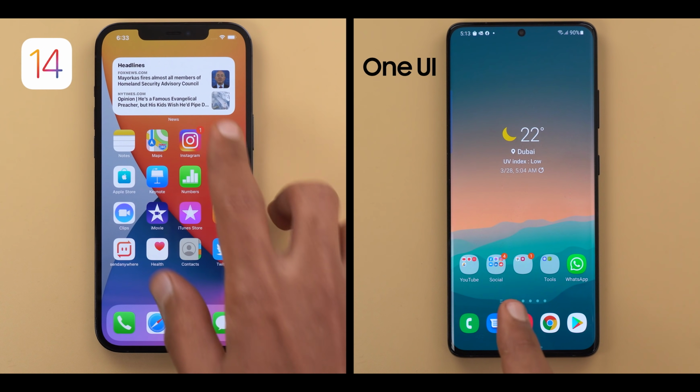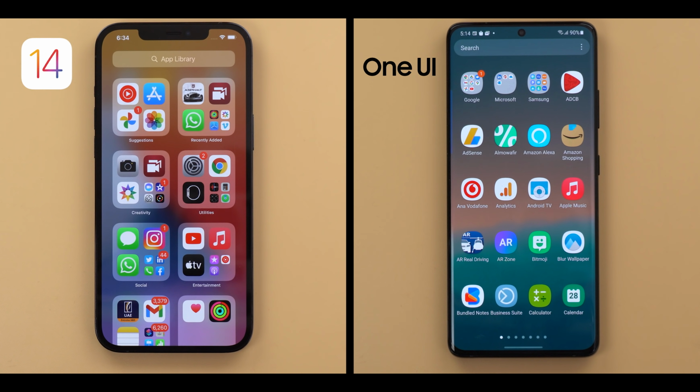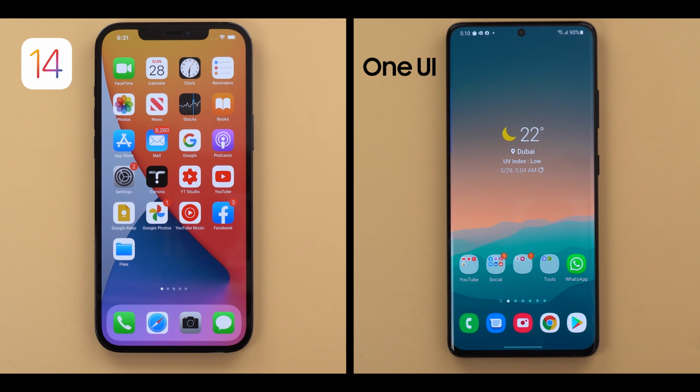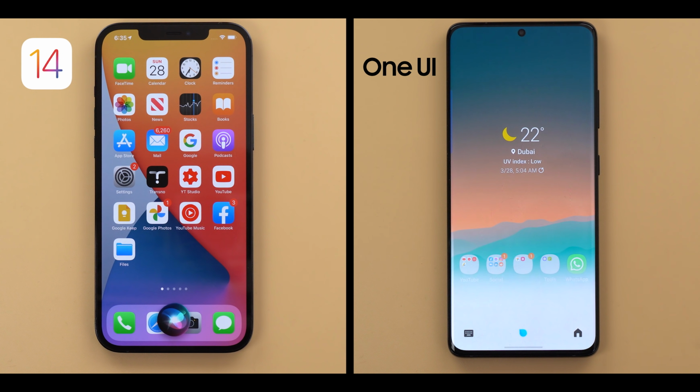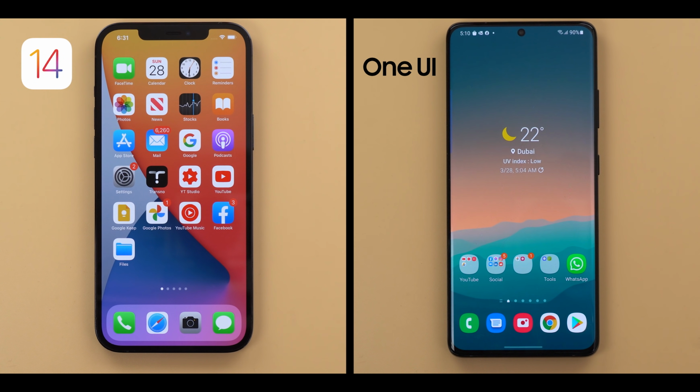Also, both of them rely on background blurring, shadowing, and the other effects to give you more of a 3D design with more depth between the UI elements, which makes it easier for your eyes to differentiate between the different items on the screen. And with iOS 14, Apple implemented the new compact UI, which is similar to Android's and OneUI approach, so now Siri and the phone app have better and less distracting designs than before. So far I see both are equally good, and it depends mainly on your personal taste which one you like more,